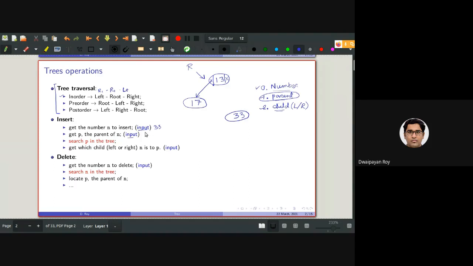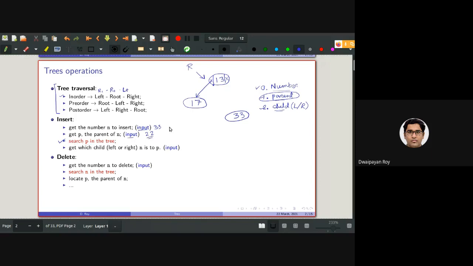If the user specifies the parent as 22, as you can see, 22 is not in the tree. So we cannot add 33 as a child of 22, because 22 does not exist in the tree. So basically, we need to search for the existence of the parent in the tree. Only then will we be able to add the new number as the child of this parent node.